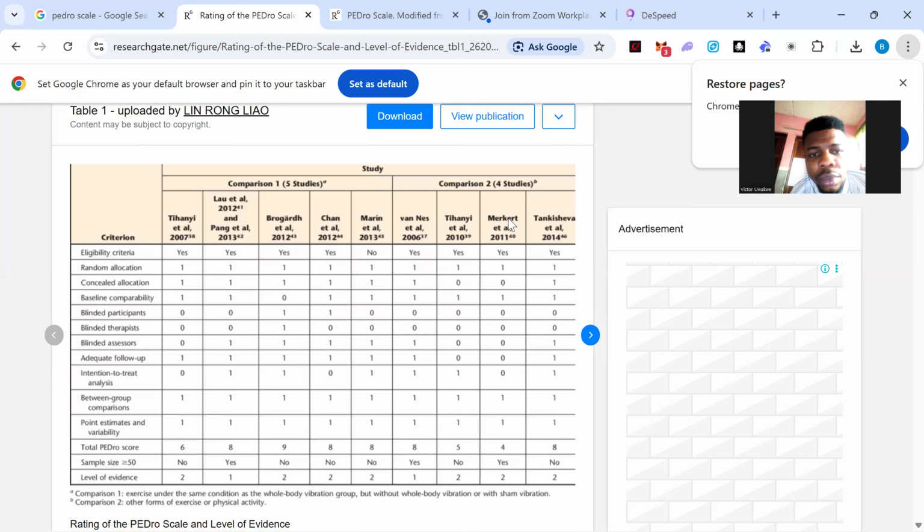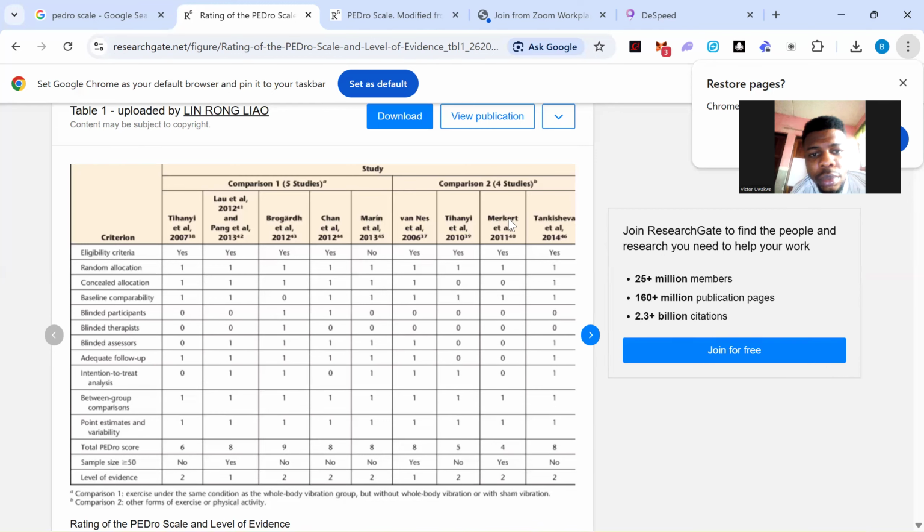Then the final one, which is the point estimate and variability, is also another thing that if most studies don't have, you will be like, why would somebody do such a thing? Point estimate is about the values. So for most studies, the mean. So those studies that will be reporting their results in mean will tell you the intervention group has a mean of,